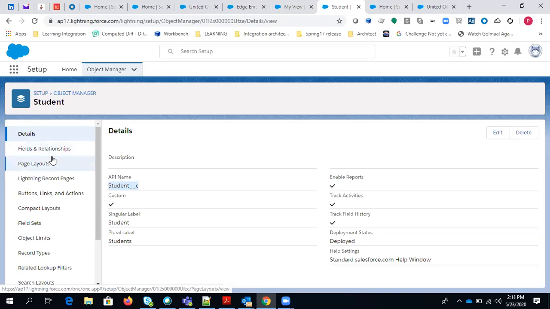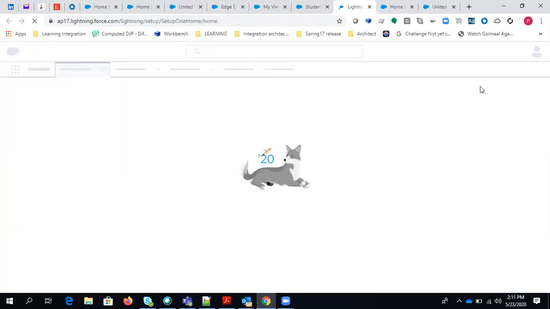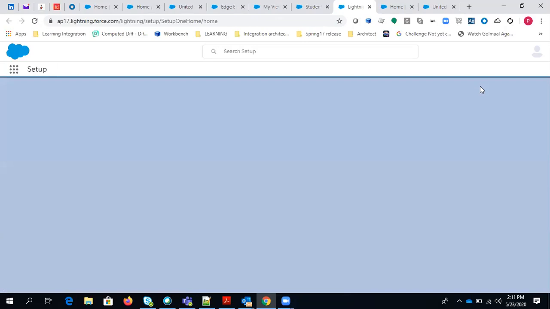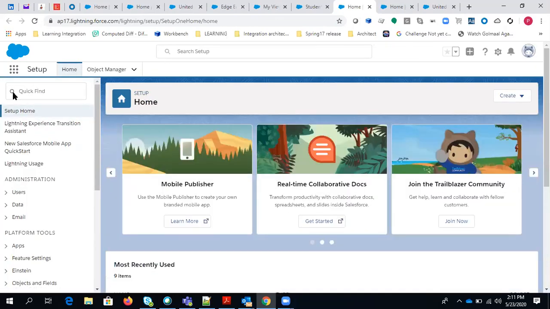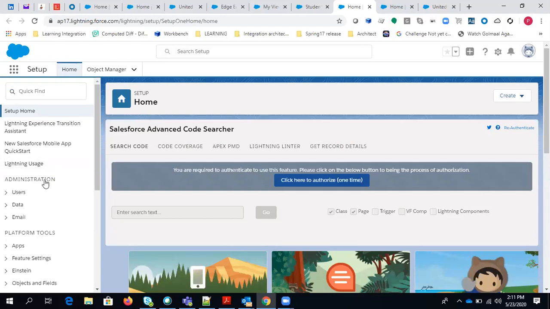It is almost similar, but the way is you have to go to Object Manager, instead of directly creating an object as we do in the classic. So this is the change. Let's say you want to create a new app as well, like we did the Star Pharma app in our previous classes. Let's say I want to create a college app here, or any app, let's say test app. You can simply type app manager here.